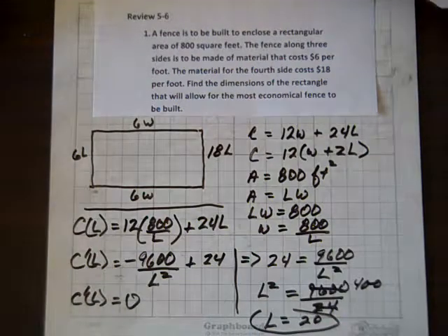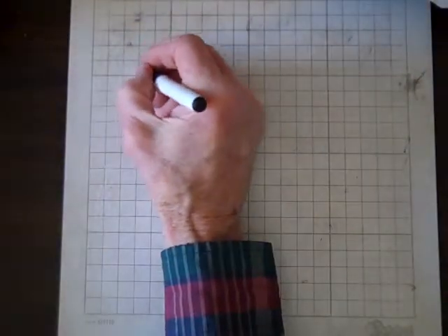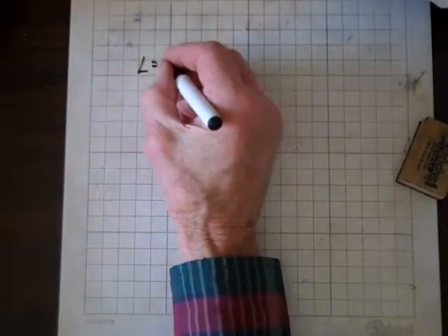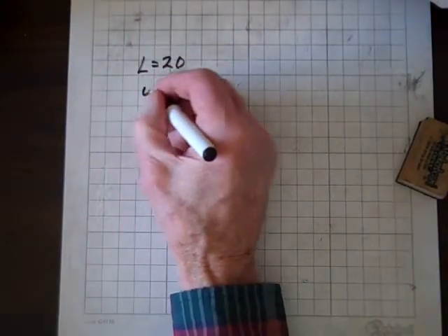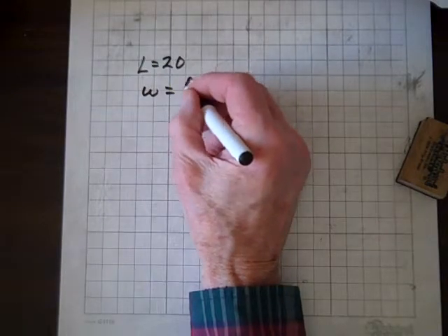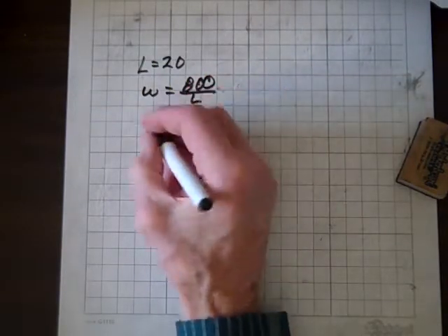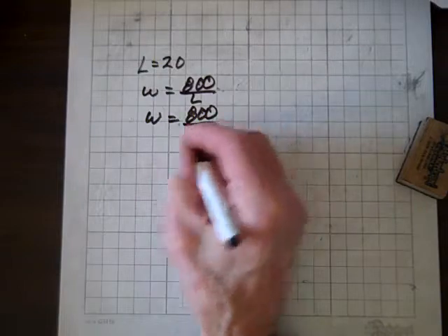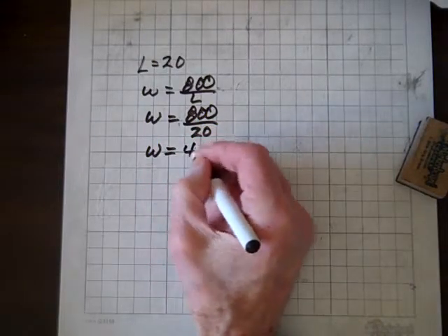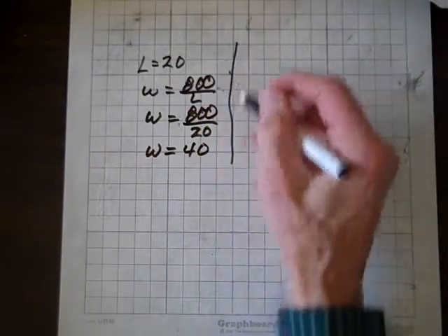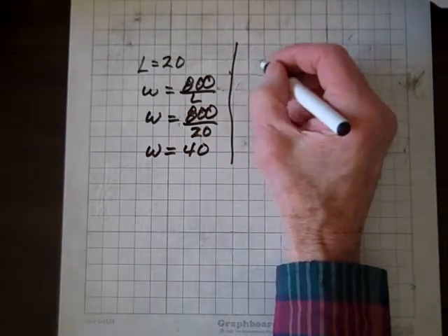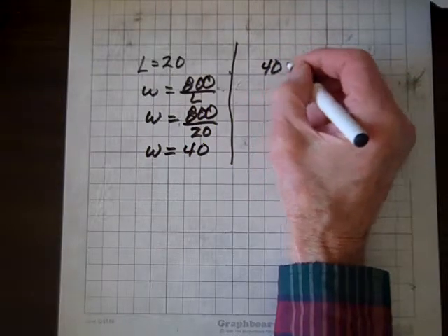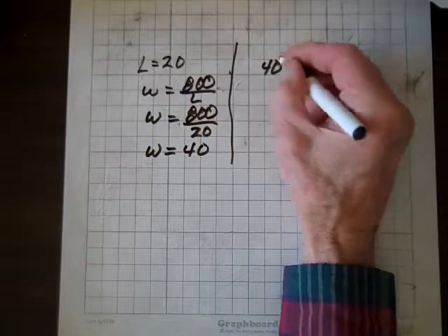With that said, we know that L equals 20, and W equals 800 over L, so W equals 800 divided by 20, so W equals 40. So our dimensions are going to be 40 by 20 feet,